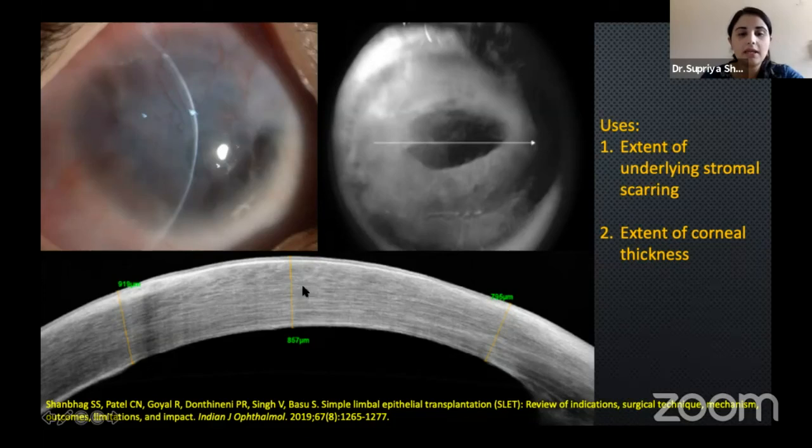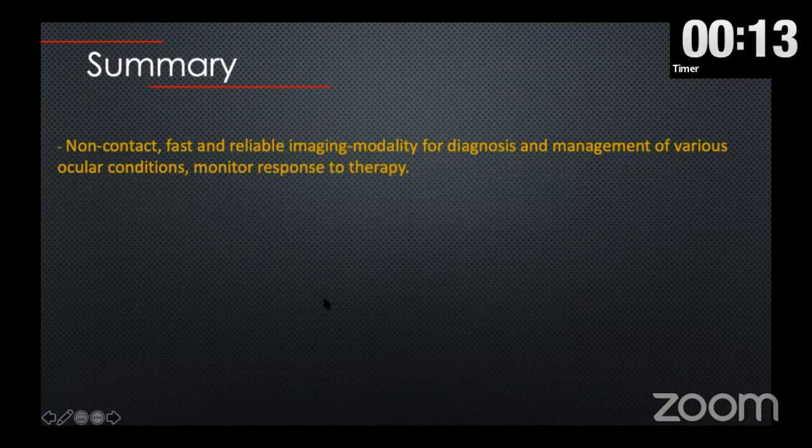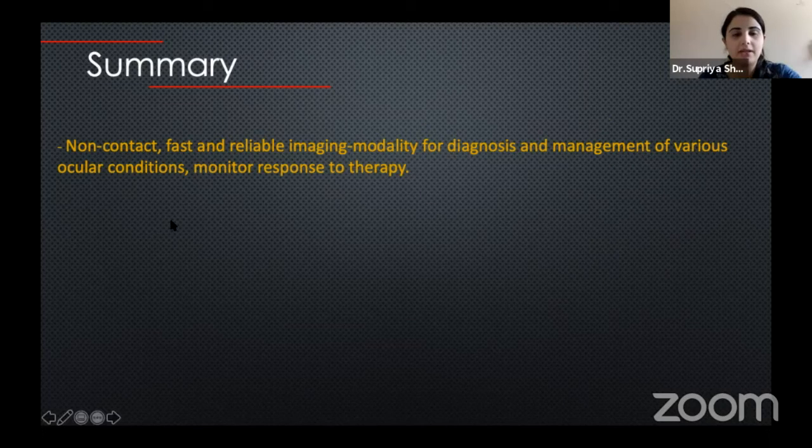And the thickness of the underlying cornea can also be assessed with the line scan. And we have to be careful in dissecting the pannus over the areas which are thinned out, because there's always a risk of perforation. So AS-OCT, I would just like to summarize that it's a non-contact, fast, reliable imaging modality